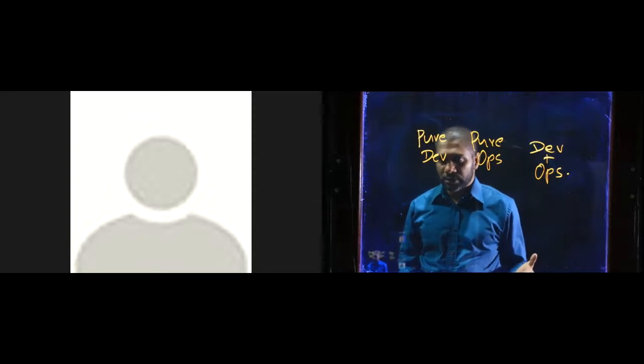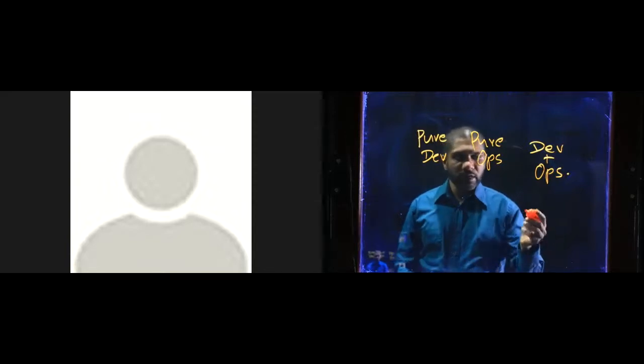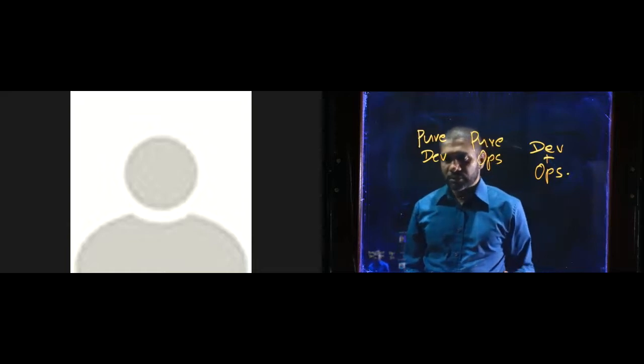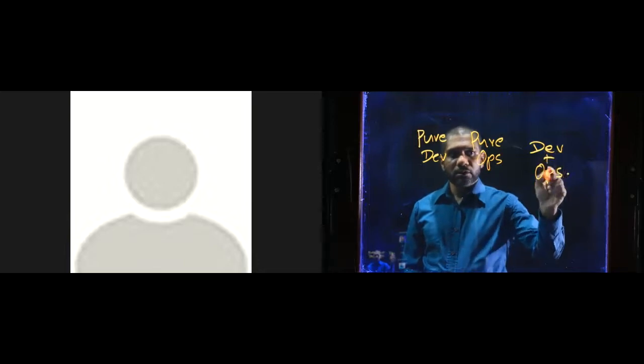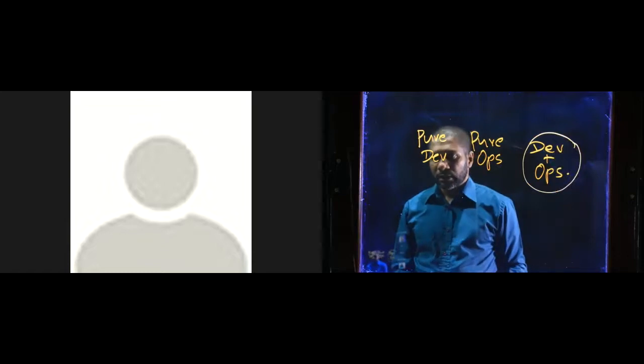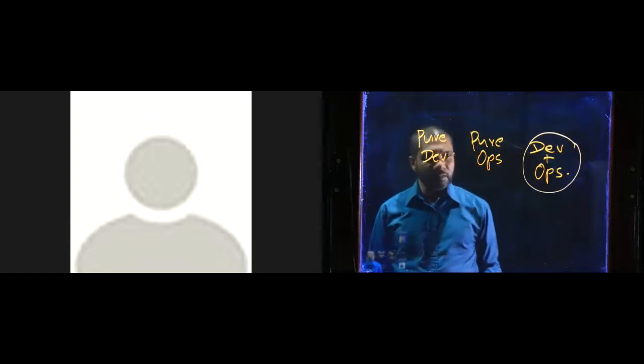The best examples of these are two kinds of organizations. They're not mutually exclusive. The first is any kind of startup nowadays. Maybe not all startups, but software-oriented startups are almost all in this category, and there is a reason for that.